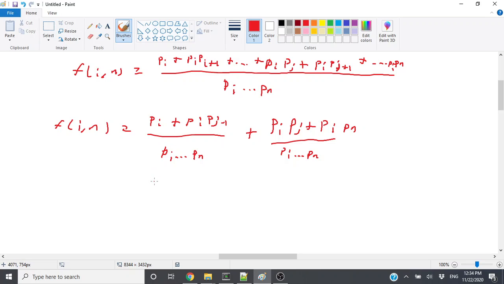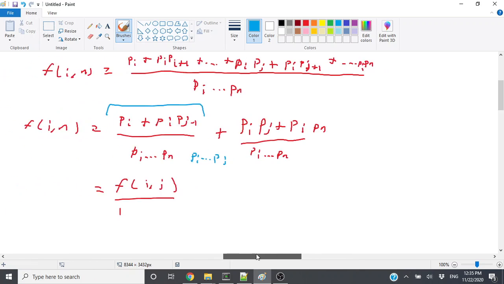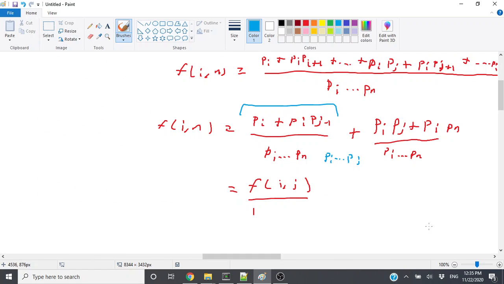So this is f of ij, f of i to j over pi dot dot dot. Actually, f of ij would be this, and then divided by pi dot dot dot pj, right? That's what that is, right? We have this, and then it goes up to n inclusive. Yeah. So this would be f of ij over